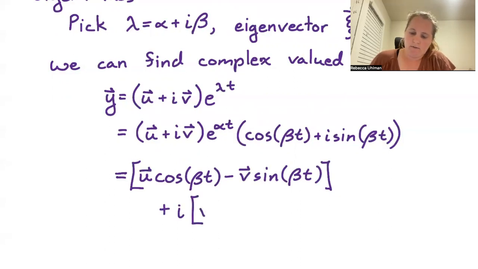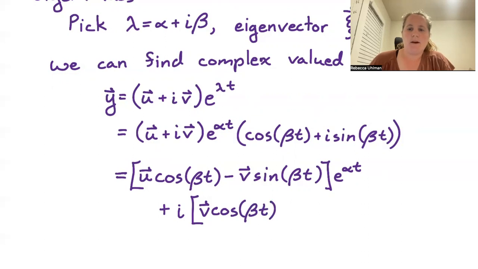We would have v, I forgot the e to the alpha t multiplying the real component. For our imaginary component, we would have v times cosine of beta t